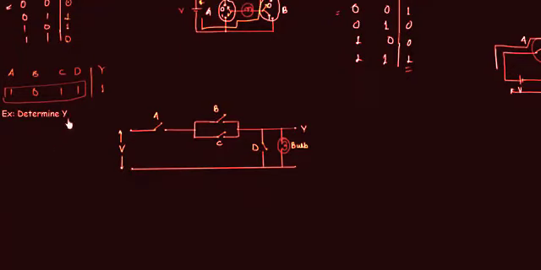We have to determine Y. Y is the output and it is the bulb. We have 4 switches, A, B, C, D, and we will try to solve this problem in two different ways. The first way that I can see is by making the switch A closed. This A should be closed. B or C, either one of them should be closed. So we can write A and B or C, and D must be opened, because when this is closed, the